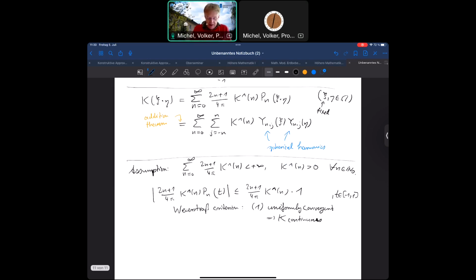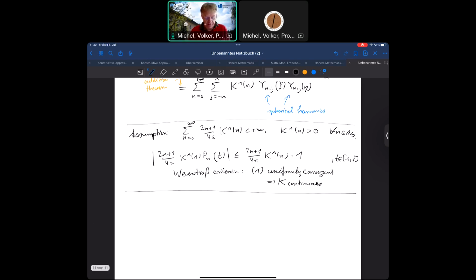So I will have a look at a particular choice of K hat n. Let's have a look at if the K hat n is an h to the n with some h between 0 and 1. So if you do that, actually you can take something between -1 and 1, but usually one would take something between 0 and 1. Then the series,